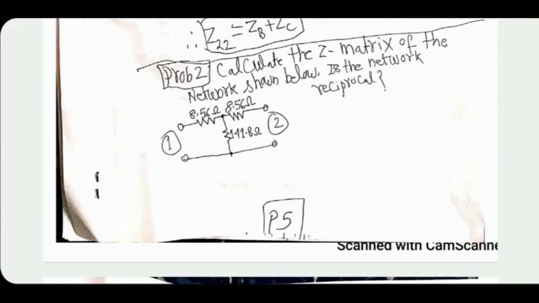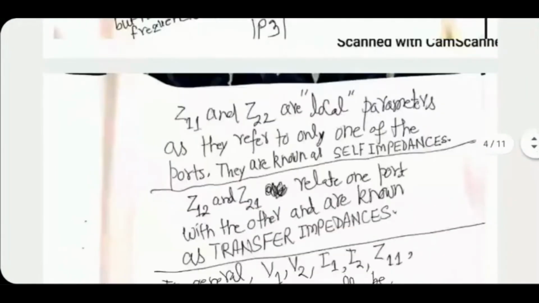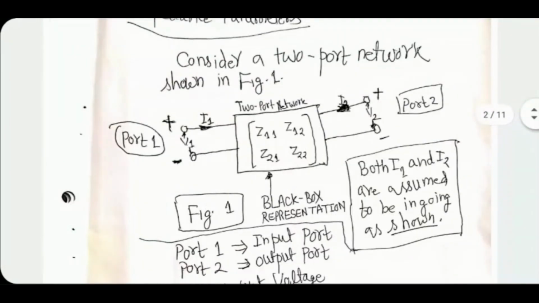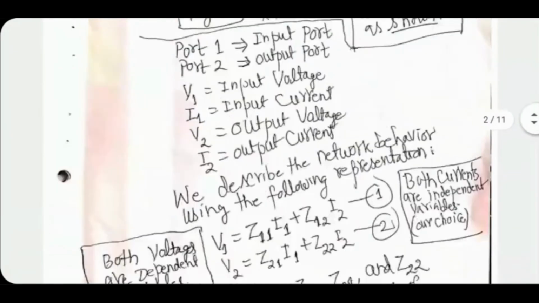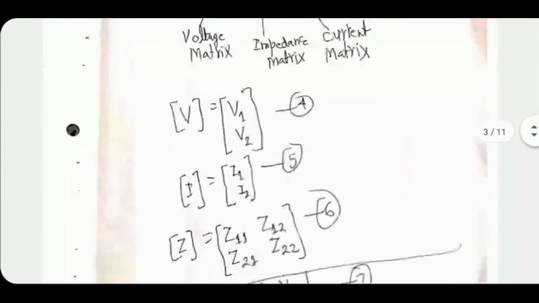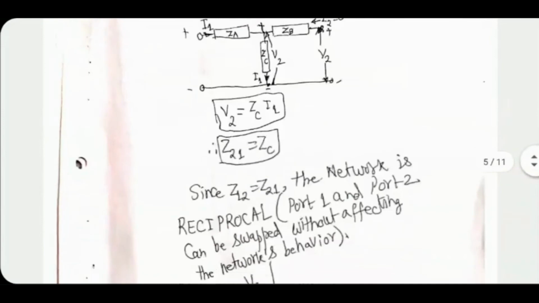The other technique is you use a black box representation of the network and go from there using the basic definitions of Z11, Z22, etc. And from there also you can figure out V1 upon I1. Both methods should lead to the same answer. Normally it is the second method that is used because it is not easy in large systems to know details about each and every component all the time. But for the sake of discussion, we can always do it using the first technique to begin with.